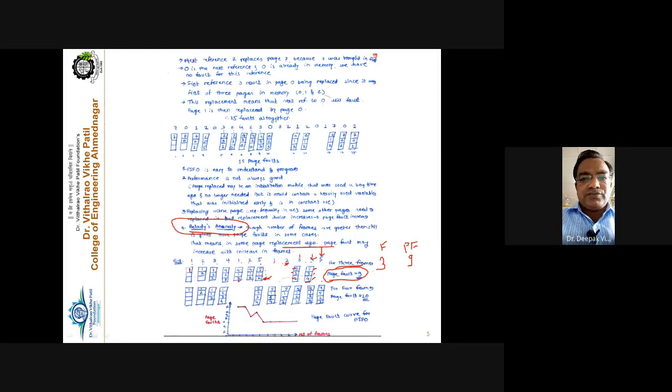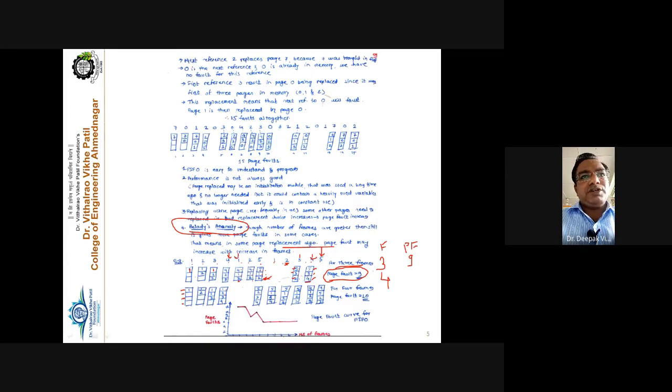Now, if we increase the frame by 1, so we go for 4 frames, we'll see here 1, 2, 3, and 4. These are the 4 frames, right? So 1 page fault occurs, so place that 1 in the memory. Then 2 page fault occurs, place that 2 inside the free frame. 3 page fault occurs, so page 1, 2, 3 is there. The page fault occurs for 4, so place that 4 inside the memory to fulfill the page fault. So the structure becomes 1, 2, 3, 4.